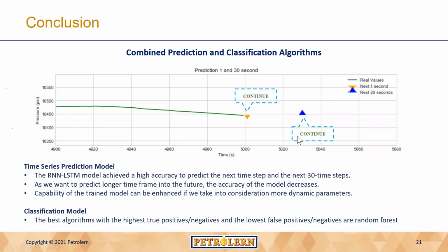We can note that as we want to predict longer times into the future, the accuracy of the model typically decreases. And to be honest with you, going from 1 second to 5-second prediction, to 10-second prediction, 30 seconds, 1 minute, the effort and challenge gets exponentially higher and higher. It takes a week to develop predictive code for, let's say, a 10-second prediction. If you want to go from 10 seconds to 30 seconds, it takes 1 month, and so on. So it's really getting more and more challenging to predict